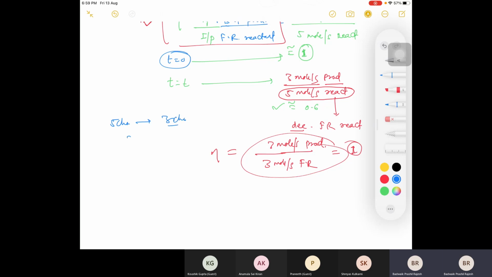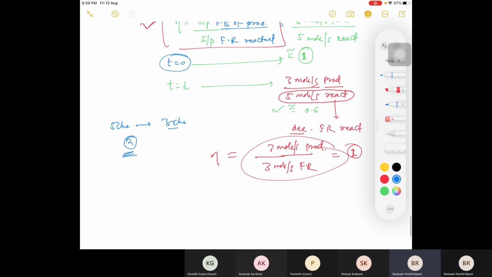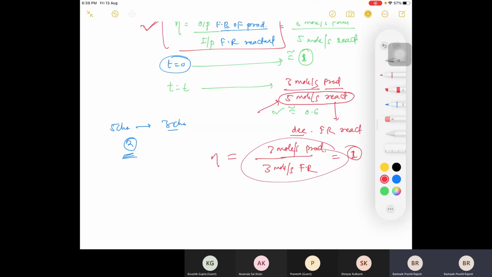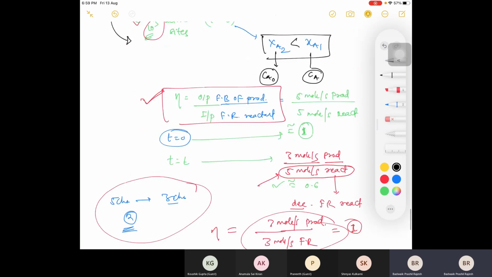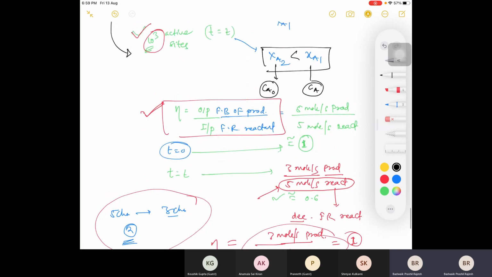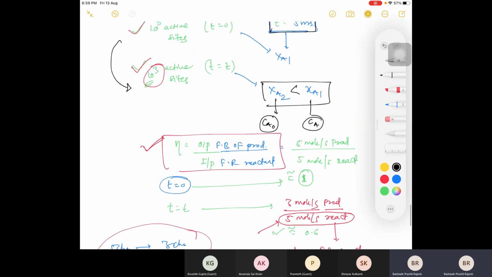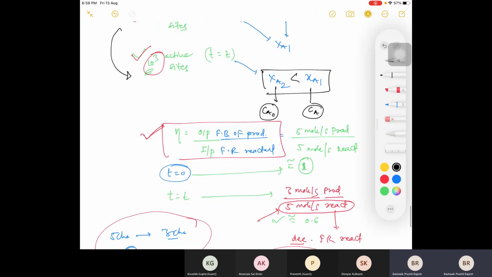3 chocolates you are eating, so there will be 2 accumulation. Similarly here, I am putting 5 and you are taking only 3, so there will be a decrease in efficiency. Similar kind of phenomenon is here. I am just giving you an example to correlate that. So there are 2 conditions. One is, to have high efficiency, you will decrease the flow rate. The other is that you keep the flow rate as it is, so you will have low efficiency.